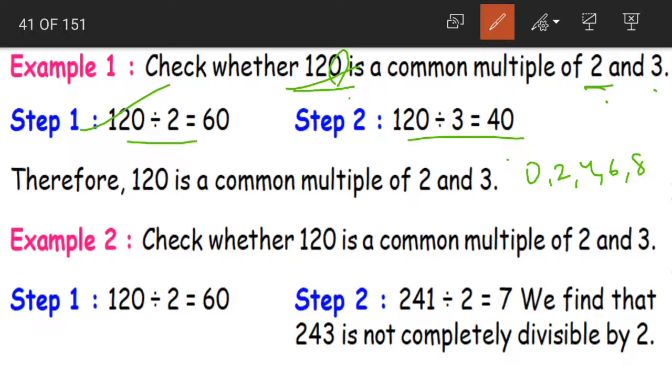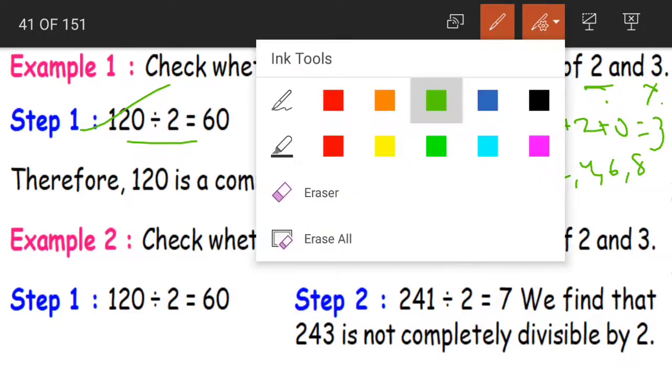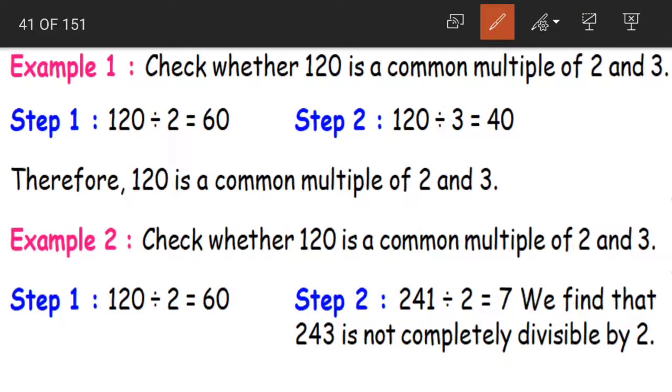And when it comes to 3, if we find the sum of the digits, 1 plus 2 plus 0 is equal to 3. It is a multiple of 3. So 120 is divisible by 3, and that makes 120 a multiple of 3. This is the shortcut method using our divisibility rules. This can be applied for multiple choice questions, children, where you need not solve the problem and show whether it is a multiple or not.